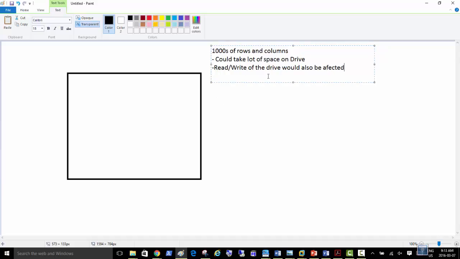The plan is to actually divide the table across two drives. So we put one portion of the huge table on one drive, and the second portion on the other drive. So can anyone tell me what's the benefit of that? If you put the huge portion of the table on one drive and the second portion on the second drive, what are the benefits of that?